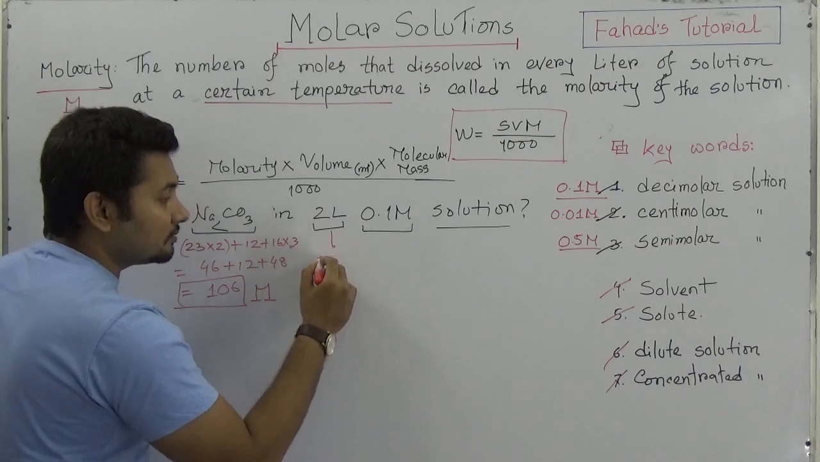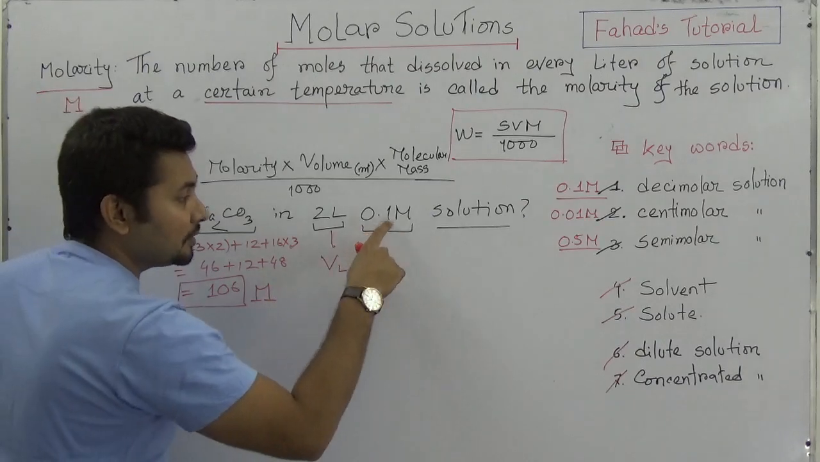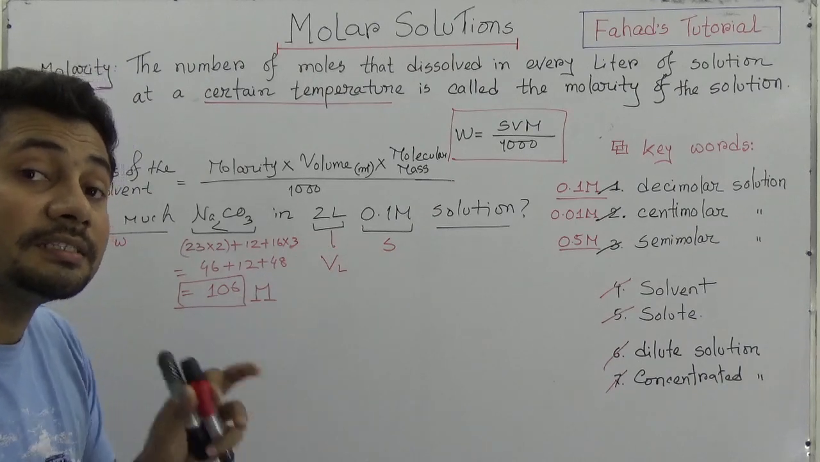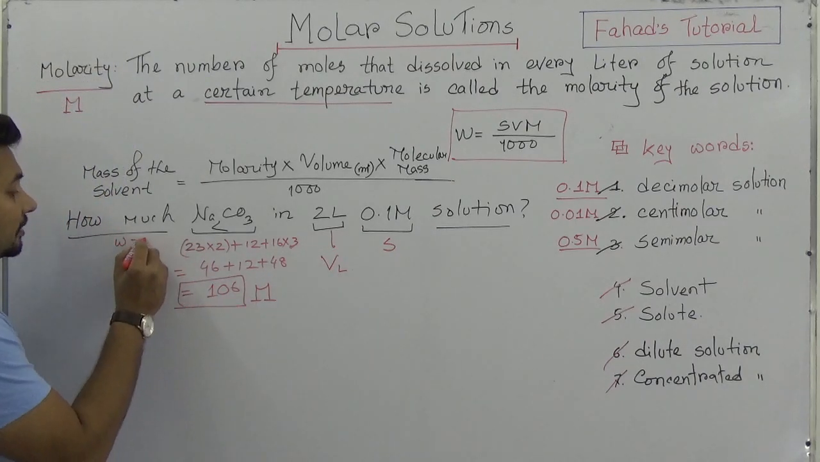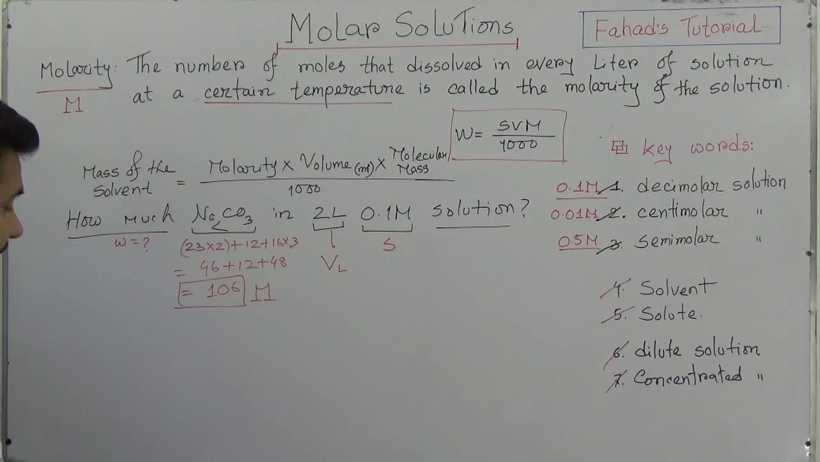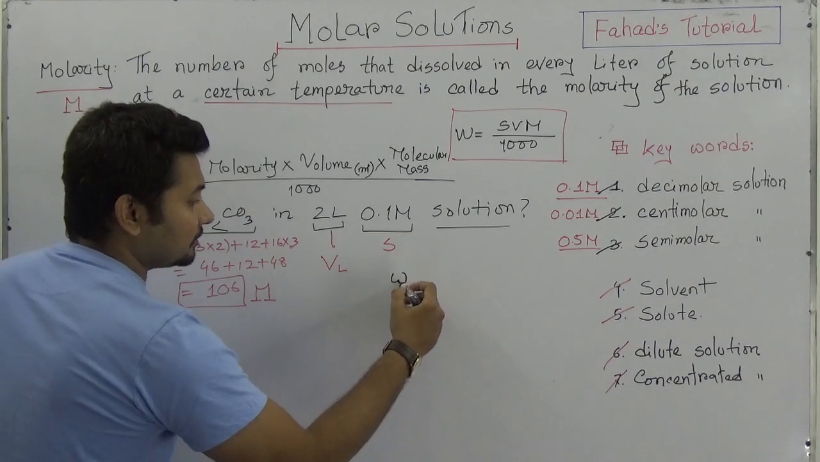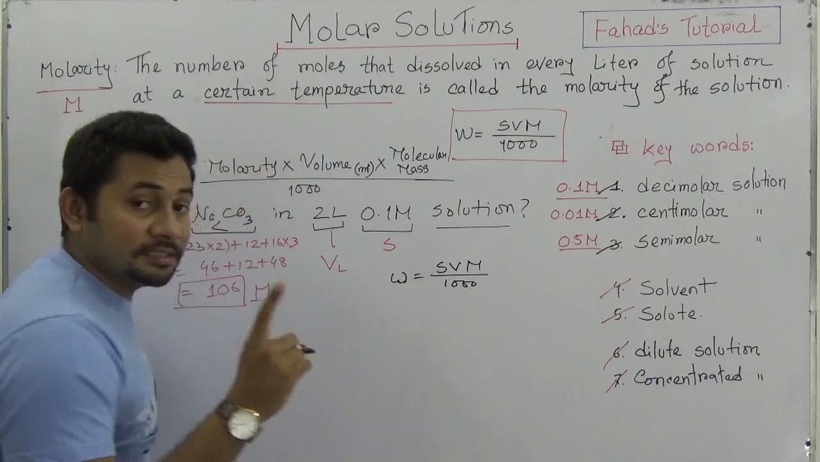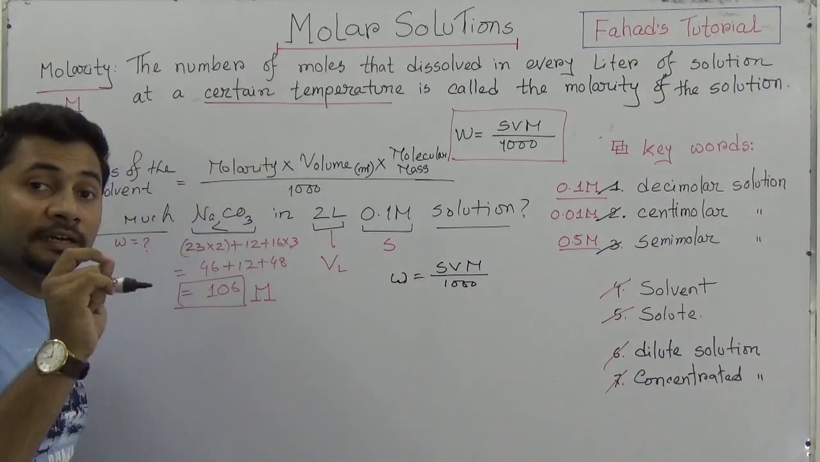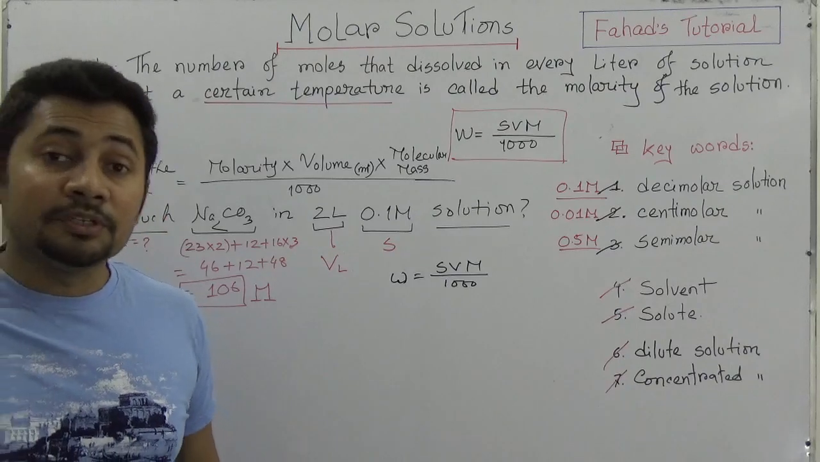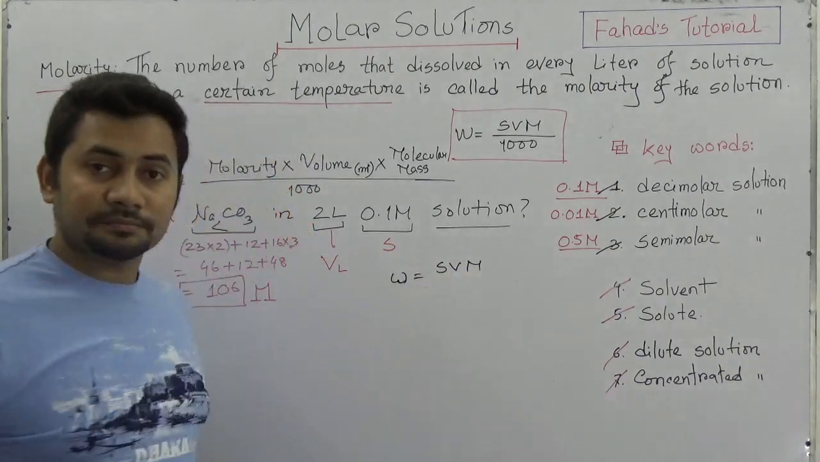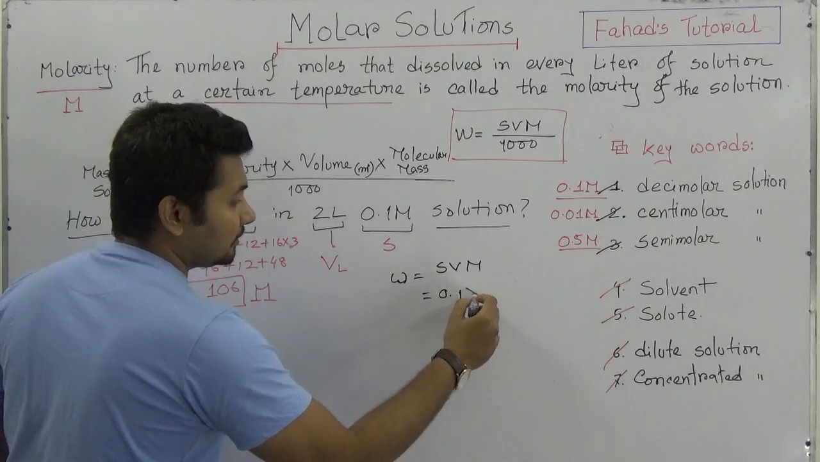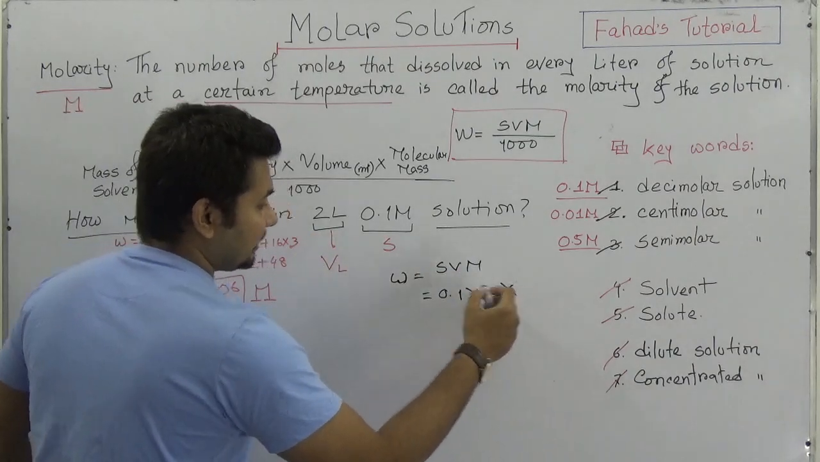2 liter is V in liter, and 0.1 molar is S, because this is the molarity. So now what is the asked data? They asked for W. So W equals SVM by 1000. Earlier I said that if the volume is given in liter, then we do not need this 1000. So I just multiply S is 0.1 times V is 2 liter times M is